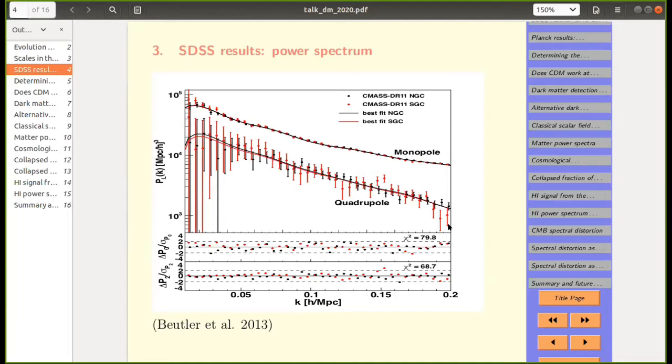So the lesson is that current observations, the best observations we have currently, allow us to probe very large scales, surely. I mean, CMB allows you to probe k equal to 10 power minus 3, which of course is not shown here because this is galaxy power spectrum. But the smallest scale that we can probe with any level of confidence using the best observations we have so far is around 0.15 or 0.1.